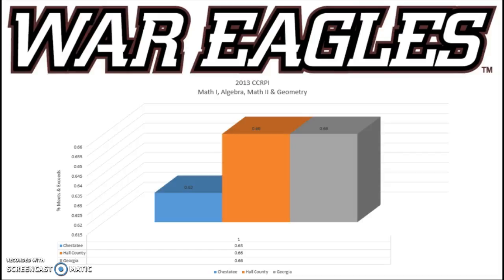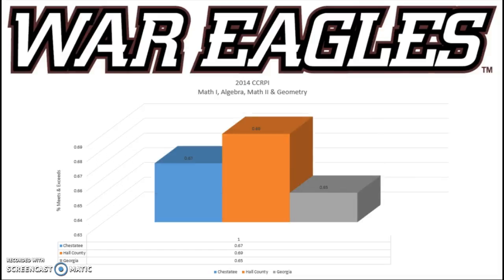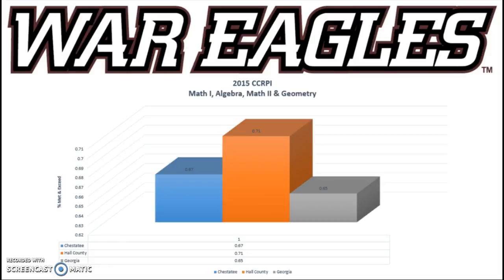In 2013, we're at 63 to 66%. We do go up to 67% and above the state average, but still below the county average at 67%. And then again, 67% again here. So again, an area of strength, but it does concern you when the rest of the county has this huge gap above you at 4%. And it does make me wonder if there are ways that we can build from the county, to use them to help us bring up that extra 4%.